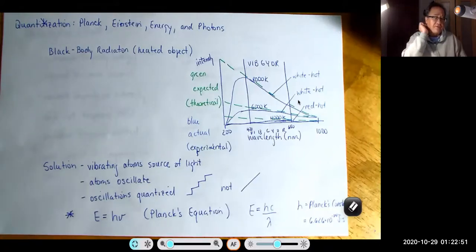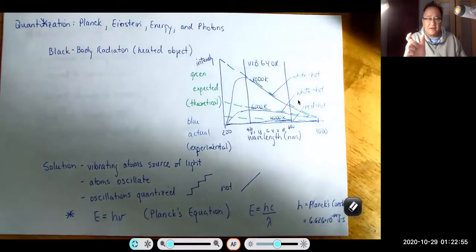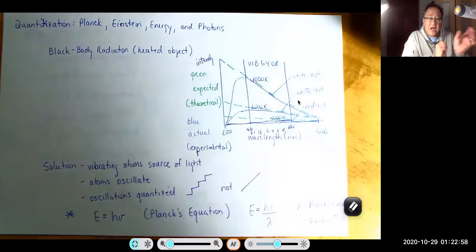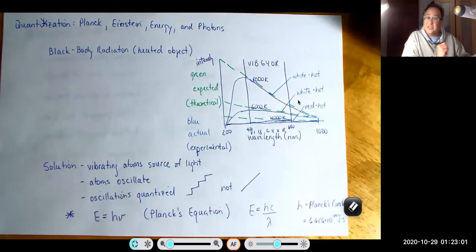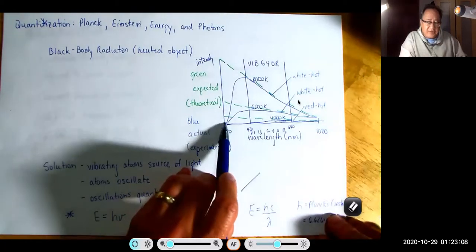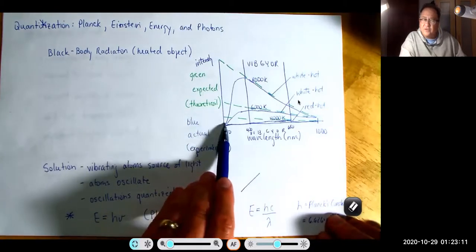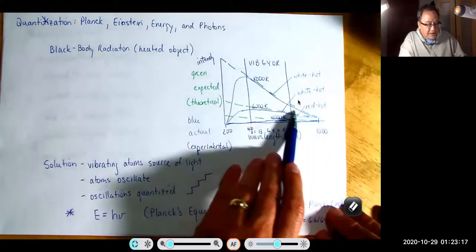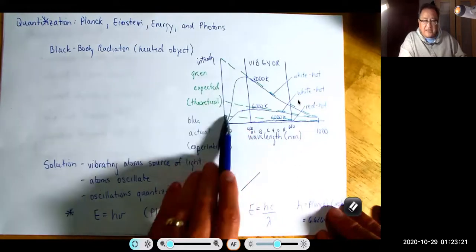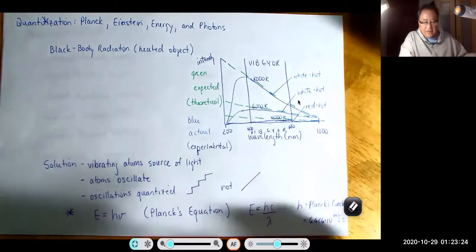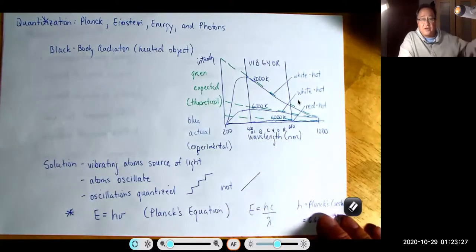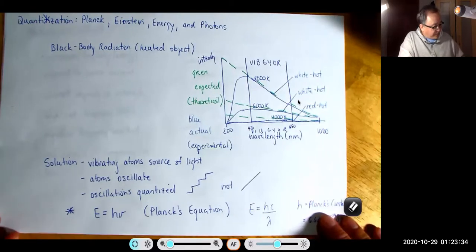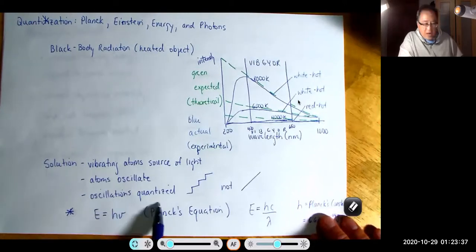range of oscillation. You can have a few oscillating very little, giving off very little energy, a whole bunch oscillating a moderate amount, giving off a lot of energy, and then a very few oscillating just like gangbusters, but giving off very little energy. So here the oscillations would be great, but there's only a few of them doing it. Eventually, as you heat up the atoms, more and more of them will oscillate faster, but you never get them to oscillate completely, so the ones that are oscillating the most are the largest population. Okay, so this all came about because the oscillations were supposedly quantized, which means you can only have